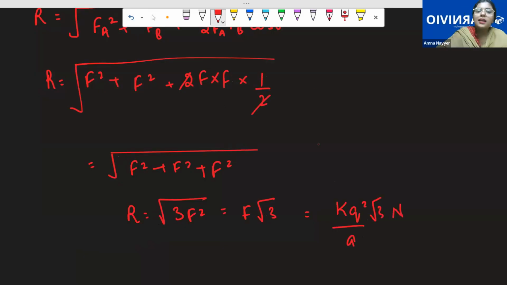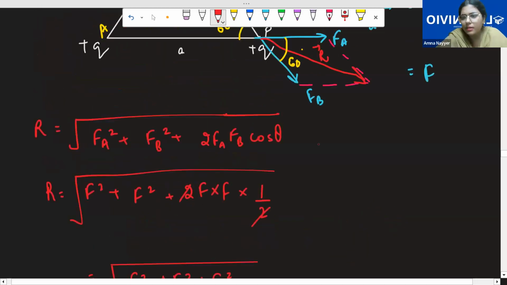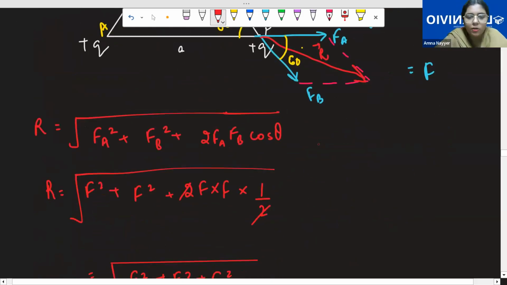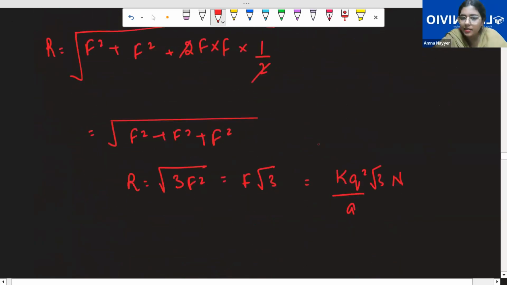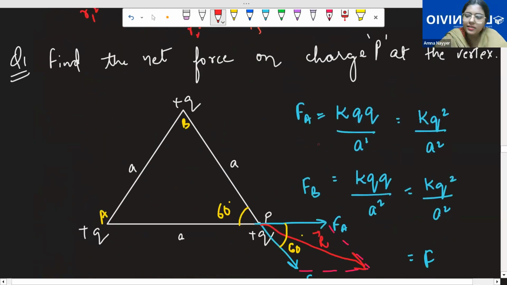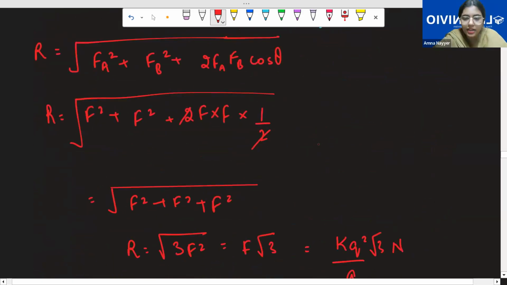This is our magnitude. Got it? See, the physics part of class 12th was still here. Rest, I'm just using 11th class's parallelogram law. Two vectors are there. The angle between them is 60 degree. It's a simple question of class 11th. It's just that the forces are electrostatic forces. That's the only difference, class. Okay, so you just brush up the vectors, those who are forgetting.